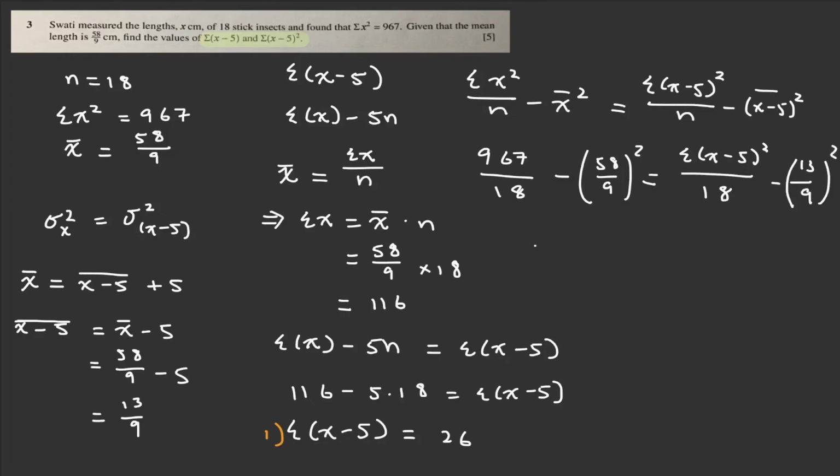I'm going to run out of space. And we can just separately figure that out, that sigma x minus 5 squared is the same as, just put it in the calculator,